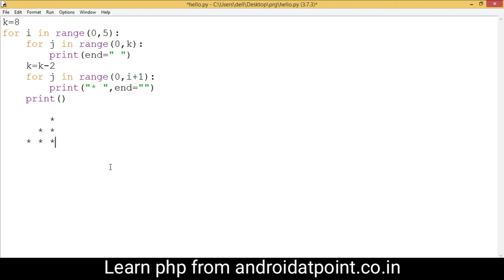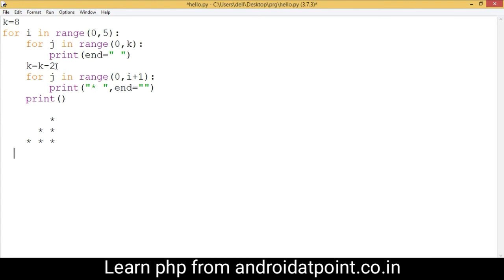Control comes and changes the line here, and control again comes to the outer loop and increments the lower limit by 1. After increment, the value 3 is assigned into the i variable. Control comes here, and now the value of k is 2, so this loop is executed 2 times and provides 2 spaces, and control comes here, 2 minus 2, and the value 0 is assigned into the k variable.